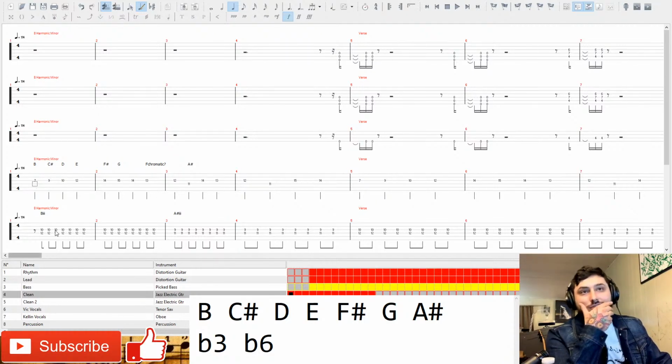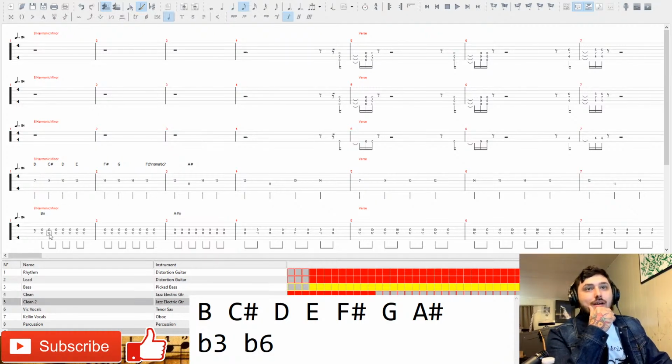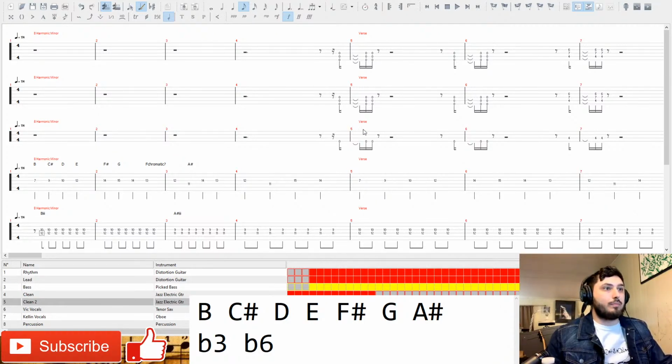We can also check to see if the notes of this rhythm coincide with that. Like I said earlier, we have a B and a D. So, yep, we use B and D. We have an A sharp minor 3rd, which was A sharp and C sharp, which both make sense. And this A sharp right here is unique to the harmonic minor. So this chord progression, or interval two-chord vamp, also implies harmonic minor.